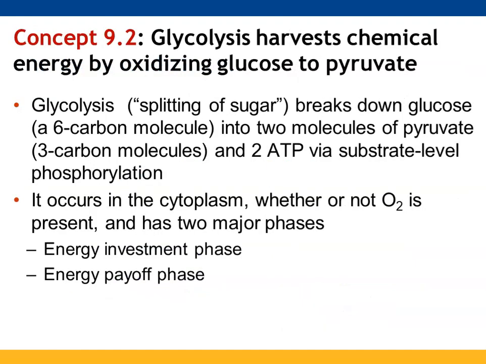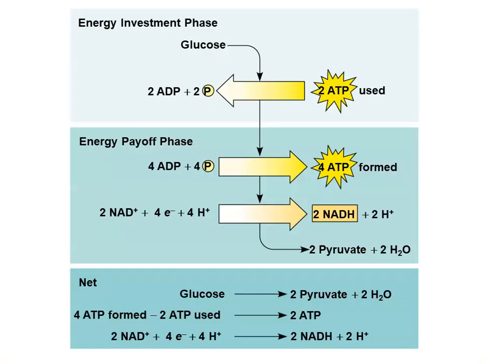So section 2 is just going to focus on glycolysis, how we can break down our organic material into pyruvate molecules. Again, glycolysis, the splitting of sugar, is taking that 6-carbon molecule and breaking it into two 3-carbon molecules, and it's also generating 2 ATPs. There are 2 phases to it, both an investment and a payoff. For glycolysis to take place, 2 ATPs have to be consumed to help break apart the glucose molecule into pyruvate. But as a result of that process, 4 ATPs get made,